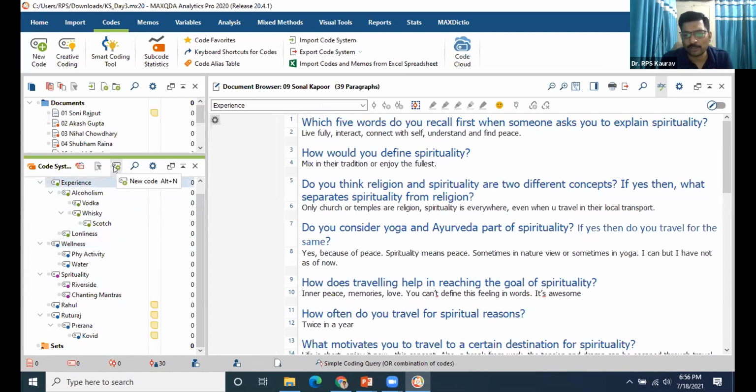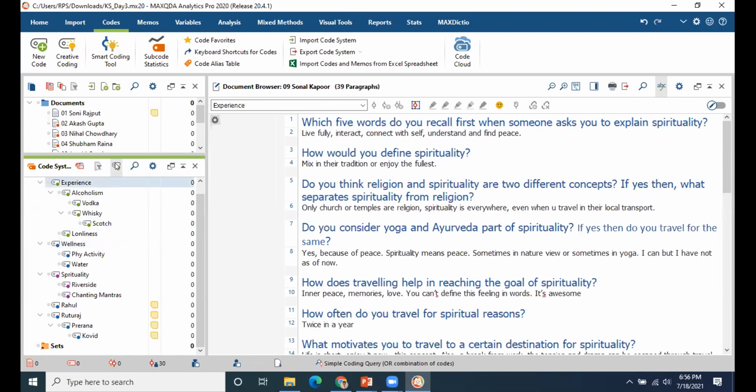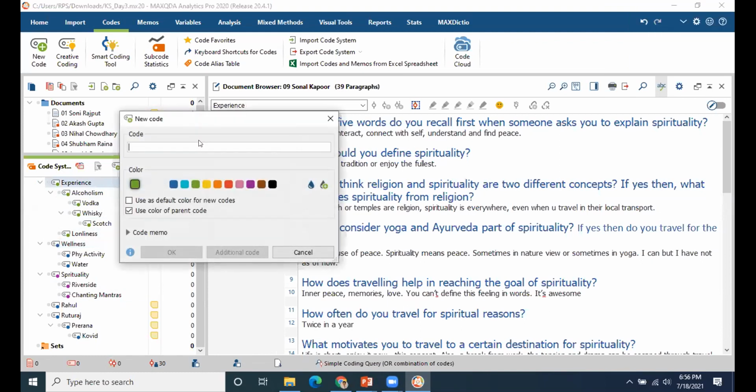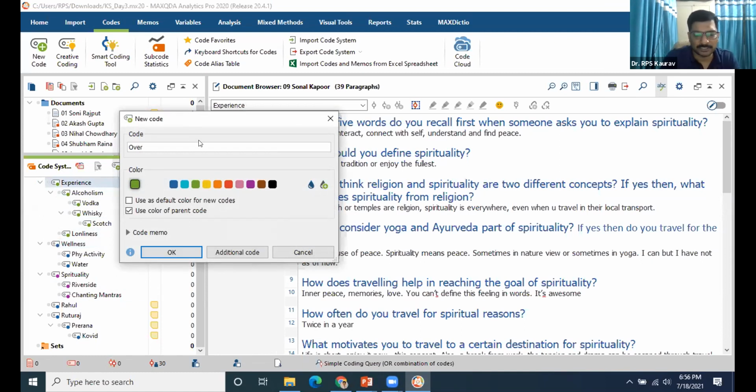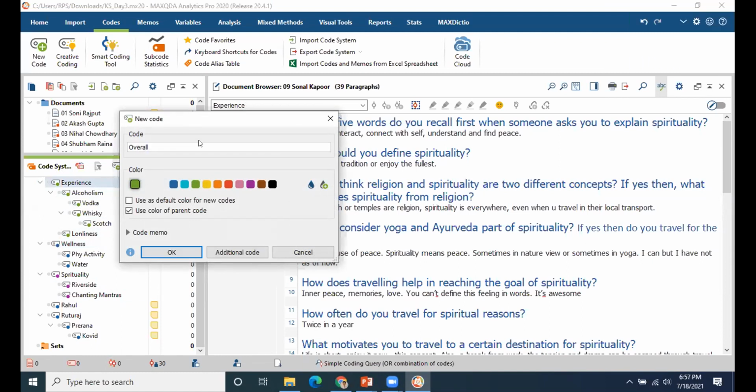and then you can drag and drop some subcodes under that. Just for example, I wanted to understand the overall project. So, just one moment before you move on. The codes that you just made by yourself, like experience, alcoholism, and so on,